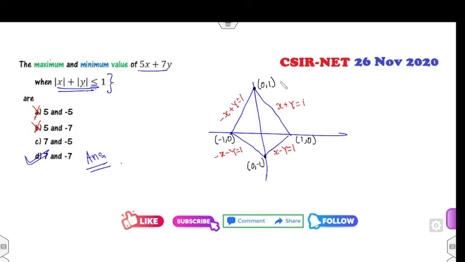Now you can compute the value of the z. What is the value of the z? It is 7. Value of the z is 5. Value of the z is -7. Value of the z is -5. तो देखो मिनिमम कहाँ मिला आपको? मिनिमम इज -7. मैक्सिमम कहाँ मिला? +7 पे। तो राइट आंसर इज दिस। जब सिंगल कंस्ट्रेंट हो देन इट्स वेरी इजी टू सॉल्व द प्रॉब्लम।